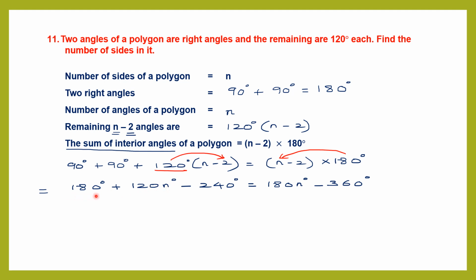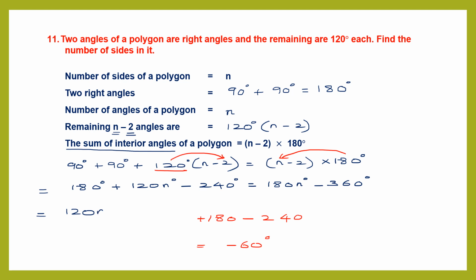We can simplify 180 and minus 240. So let's work that out. 180 minus 240. Signs are different, isn't it? So we put the sign of the bigger number. We subtract: 240 minus 180 is 60 degrees. So here we can say